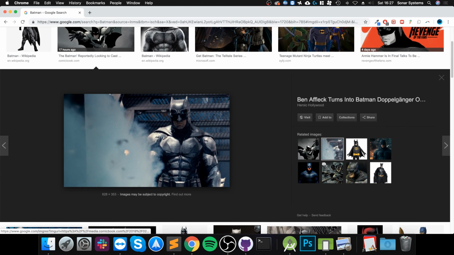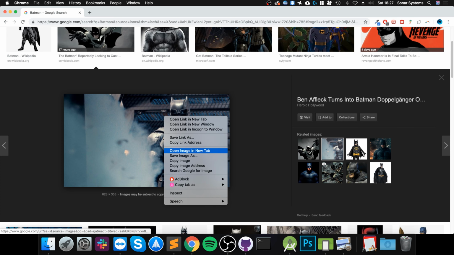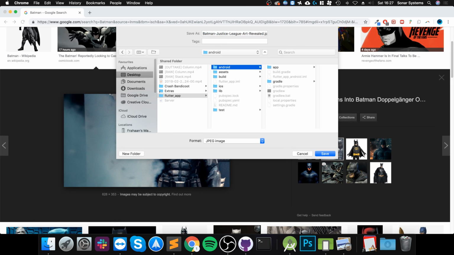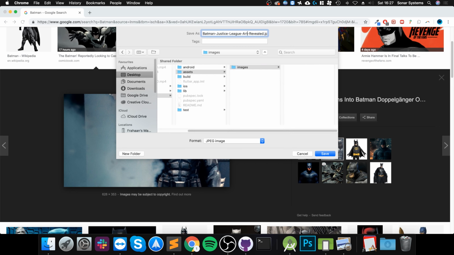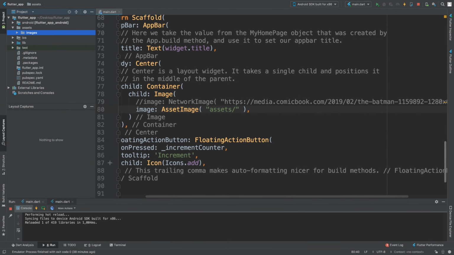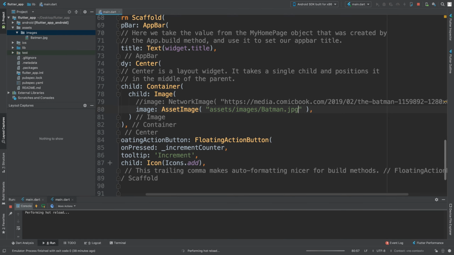What you need to do now is basically put an image there. So let's put this one there. I'm just going to save it. Save it to the assets folder and images, and just so it's easy to refer to, I'm going to name it Batman. The extension is important as well: batman.jpg. As you can see, there is a file in there now, and if we literally just directly put images/batman.jpg and hot reload it,